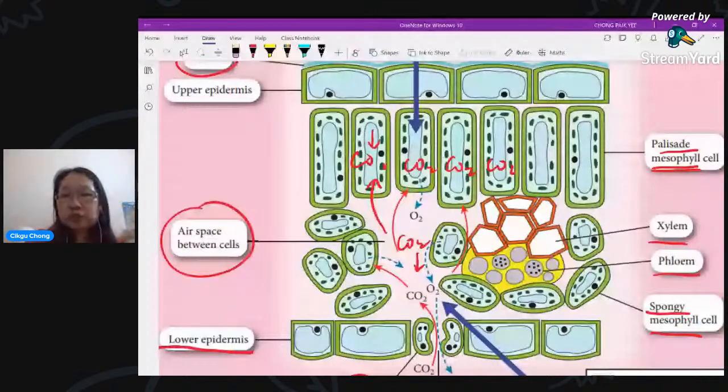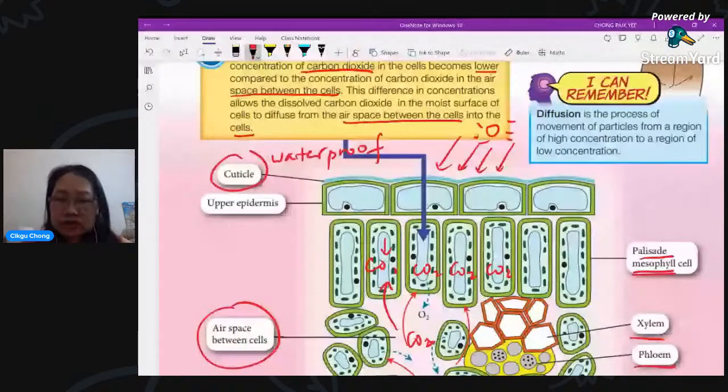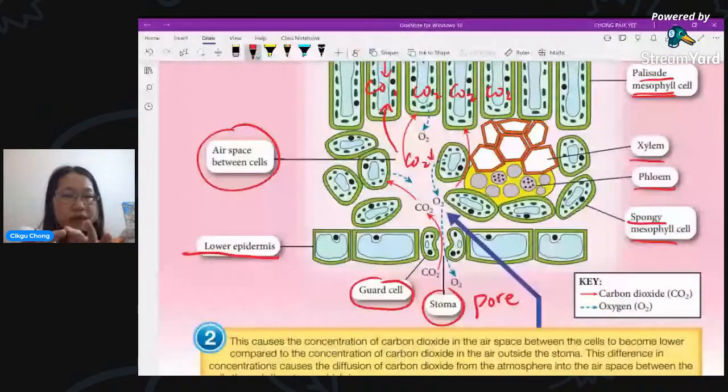So it goes in. Now when it goes in, the story continues. Because when it goes in, that means the carbon dioxide here becomes less already. The concentration of the carbon dioxide in the airspace will become less. Why? Because it already moved into the cell. So now this space becomes less. So what happens? You compare to outside the cell now. The carbon dioxide looks as if it is higher outside, because inside has already become less. So now outside is higher, inside is less.